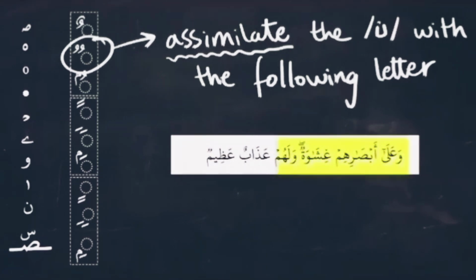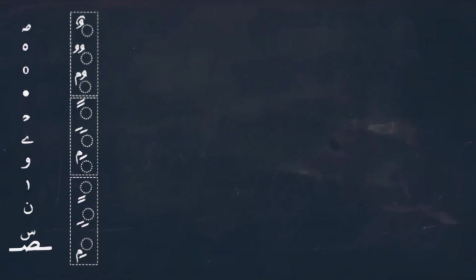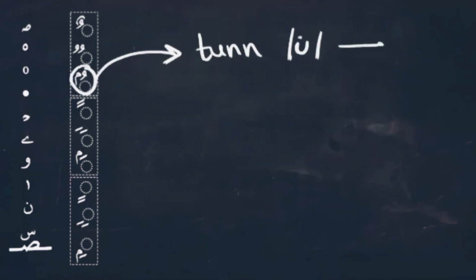وَعَلَى أَبْصَارِهِمْ غِشَاوَةٌ وَلَهُمْ عَذَابٌ عَظِيمٌ. So we fused the noon at the end of غِشَاوَةٌ with the waw that comes after it. So غِشَاوَةٌ وَلَهُمْ. The third variation means that you turn the noon in the tanween into a meme, like in